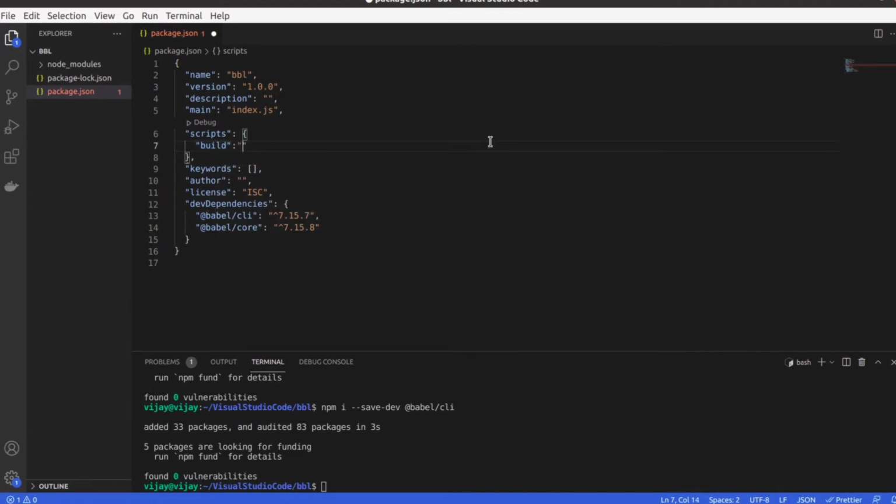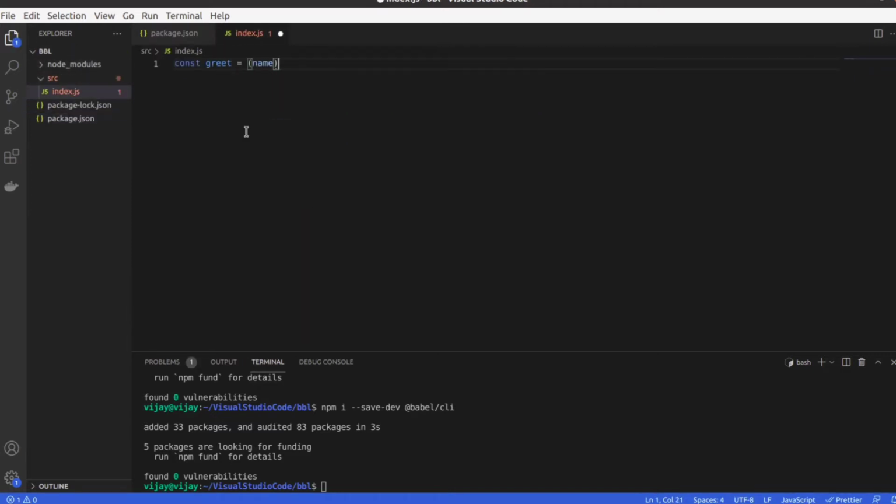And in the build command, I'll say babel source -d and the destination. We will create the source directory, src, and index.js.